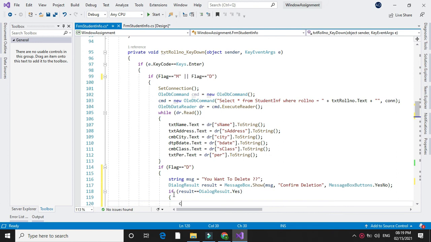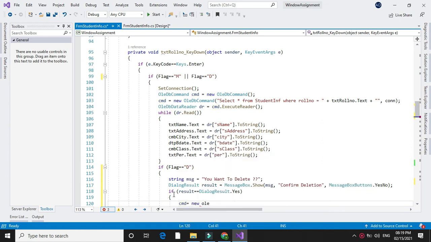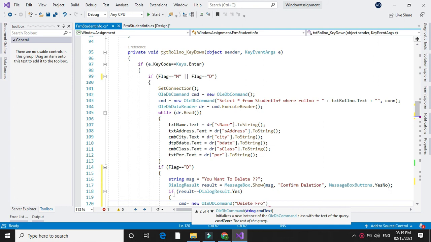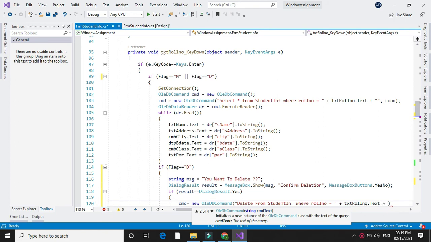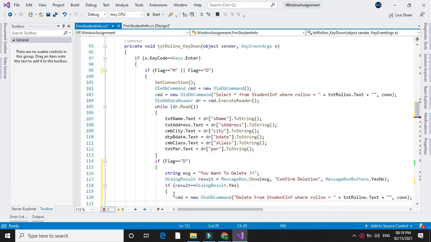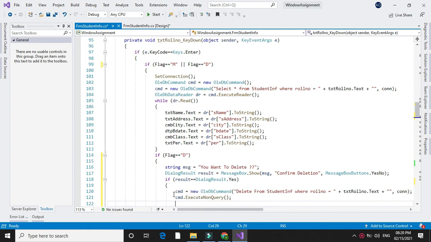So we will write a command cmd equal to new OleDbCommand "delete from table where roll number equal to" double quote plus txtRollNumber.Text plus double quote and then connection, and we will execute it with cmd.ExecuteNonQuery, and we will display the message "record deleted".